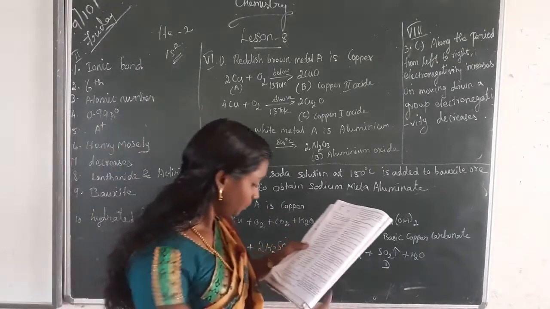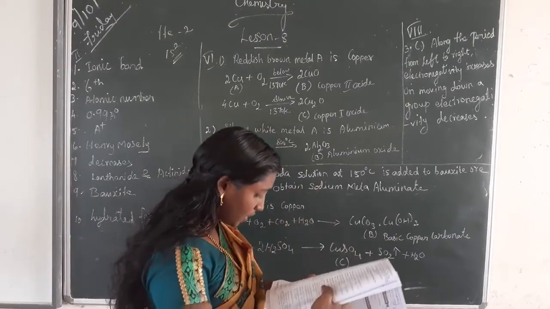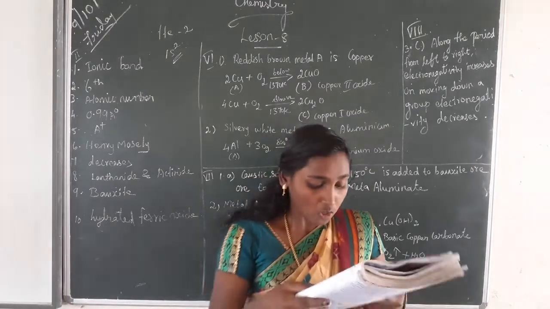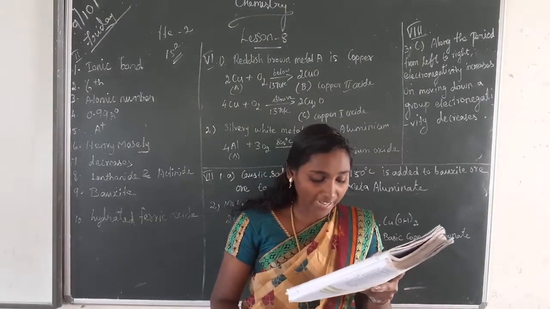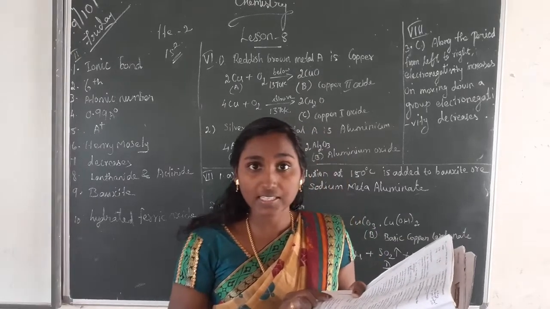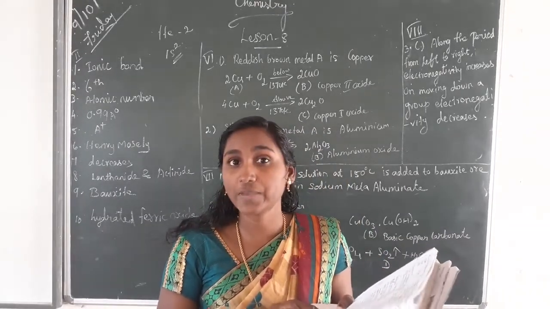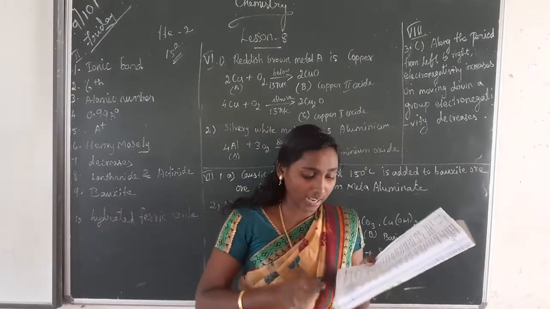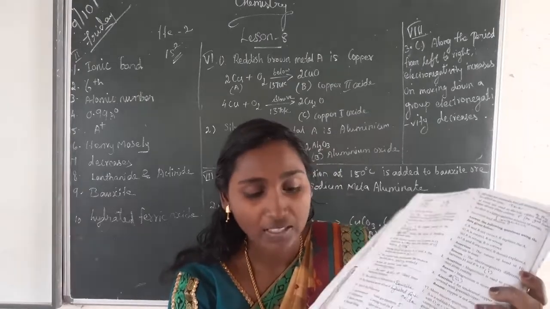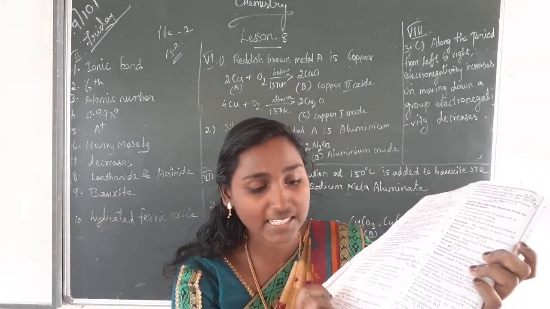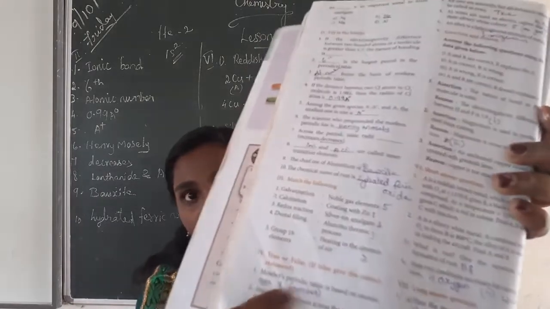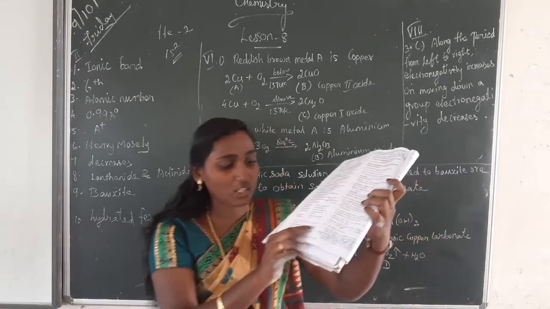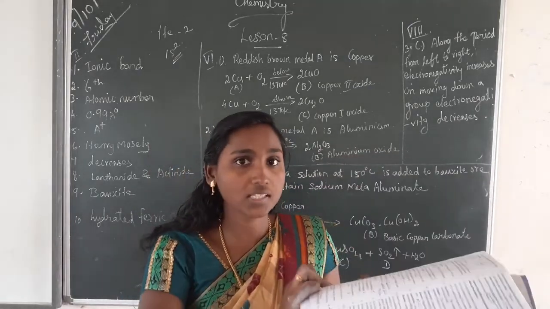The next one, true or false. See the first one. If false, give the correct statement. Okay. So mostly periodic table is based on atomic mass. Is it right? No. Mostly periodic table is based on atomic number. So you should write false and near that line underline this mass and change it to number. Okay, can you see? So mostly periodic table is based on atomic number, not mass.